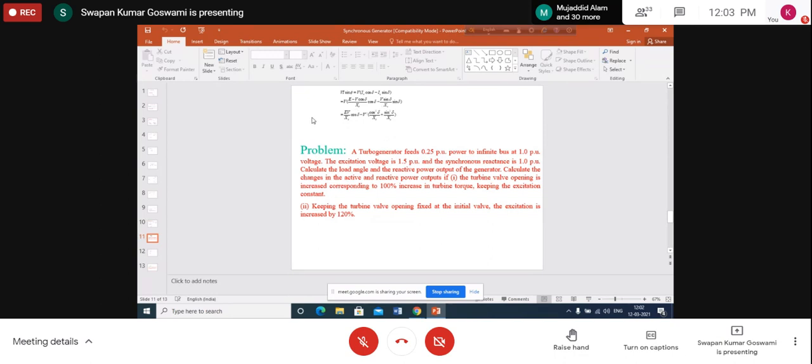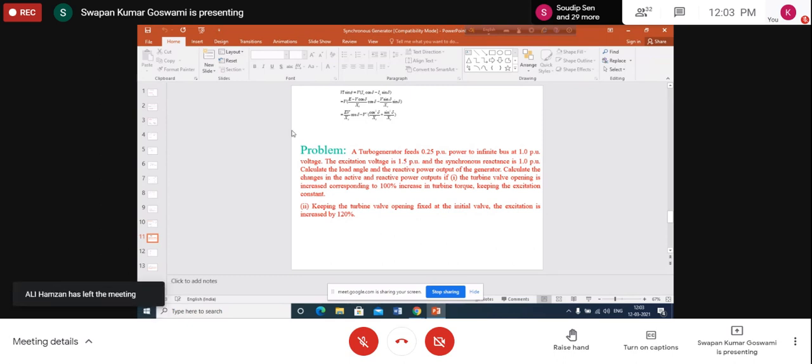That means active power control and reactive power control, the operation of salient pole machine may be explained in the same way, and salient pole machine also may be controlled in the same way as we have discussed in case of cylindrical rotor machine. There is a little difference in the expression, so there is a little difference in the values. As a result of delta variation, how much will be the control in active power? As a result of field current variation, how much will be the control of voltage? There will be some variation in magnitude because of the presence of this reactance difference or reluctance difference.